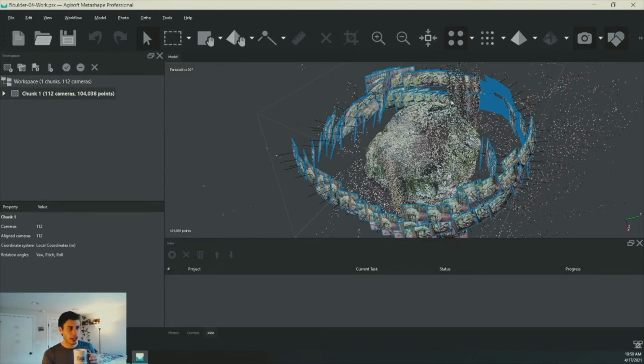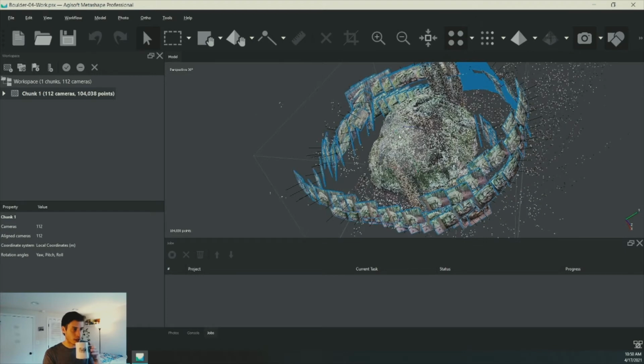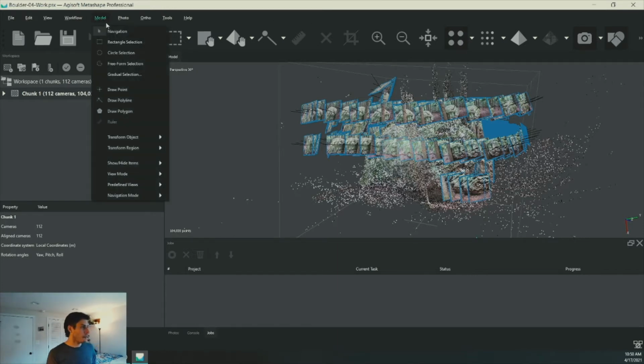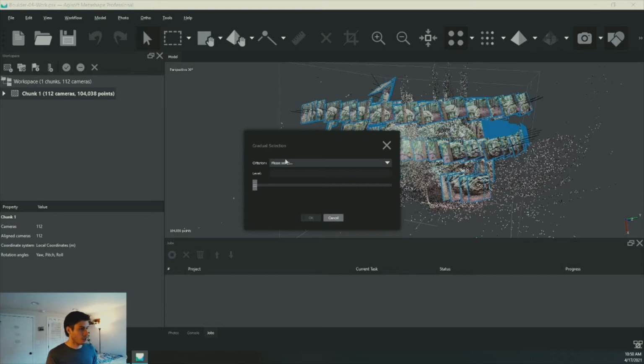Yeah, so that's kind of how I end up getting all these and aligning them in here. The next thing that I always do before I go on to building my dense cloud is I will go into the model tab and I'll go into Gradual Selection. And with this, you can go to Reconstruct Uncertainty. And what this does